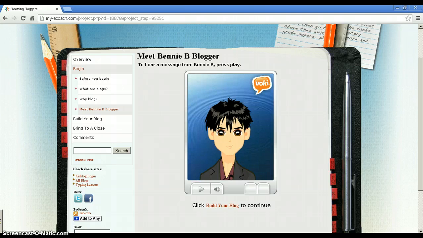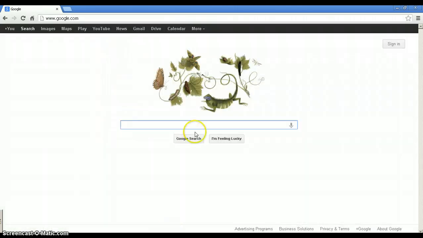Okay, so let's begin. First, I'm going to show you how to get to the login page for your blog. Go ahead and open a new internet page or web browser. Come up here, this is your address bar. In the address bar, type in